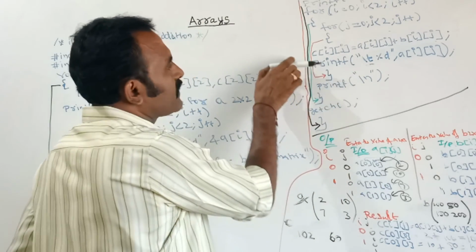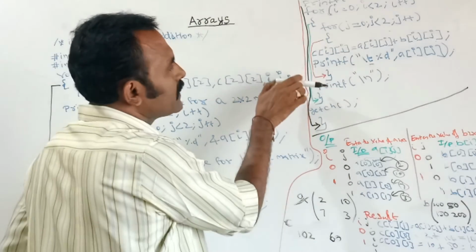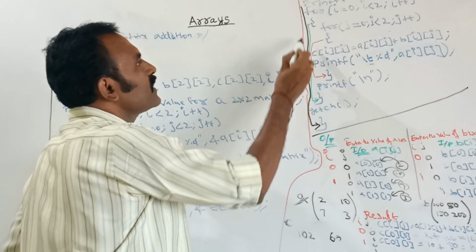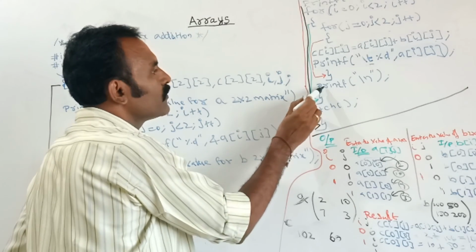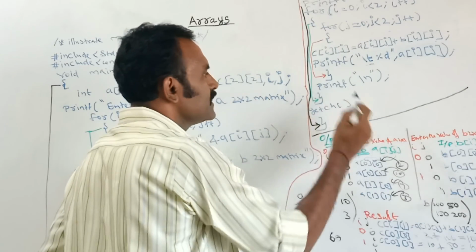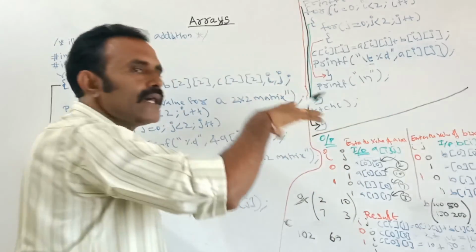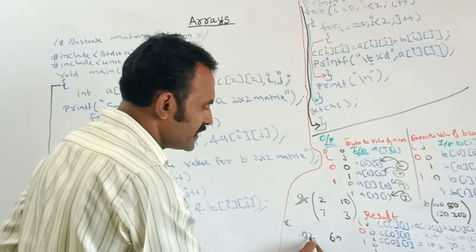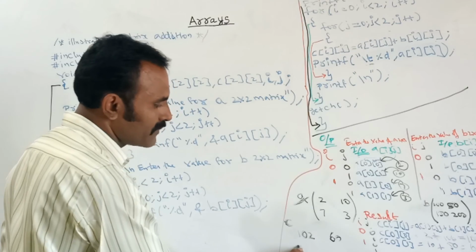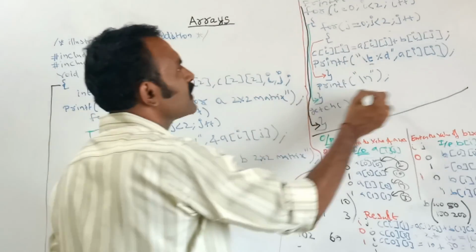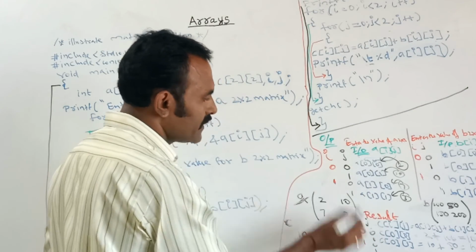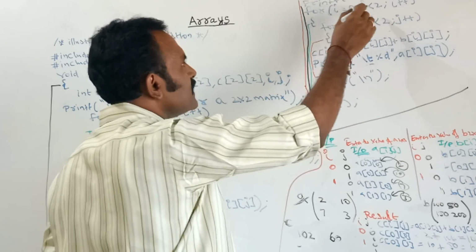See, next after completing the inner loop, it will go to the outer loop. This close brace is used for the outer loop. Before it goes to the outer loop, here I am saying printf /n. That means the cursor will come to the beginning of the next line. So after finishing the inner loop, before it goes to the outer loop, the cursor will come here because I am using /n. After that, in the outer loop, the i value will be incremented to 1 and it will check the condition.